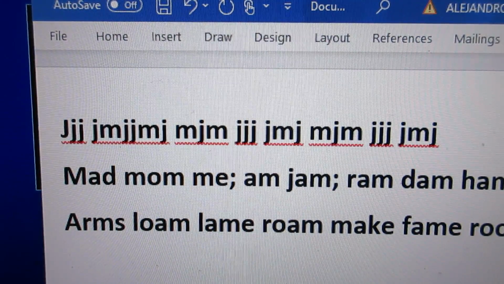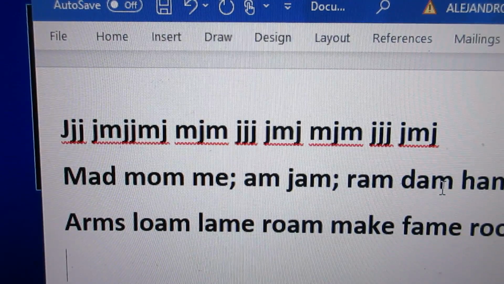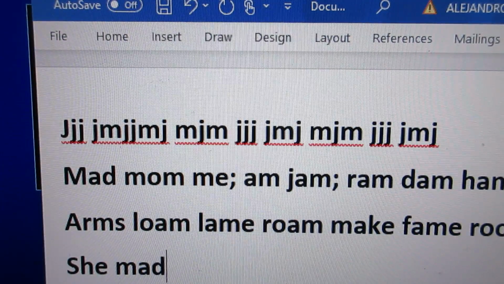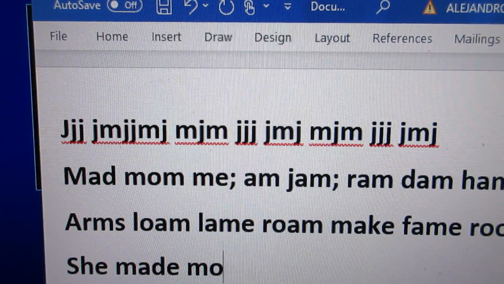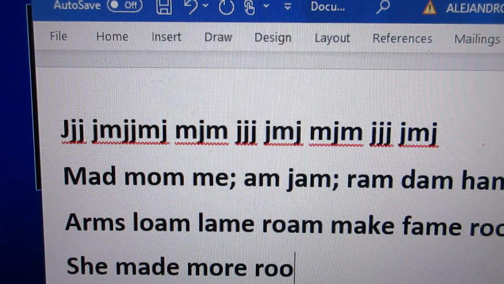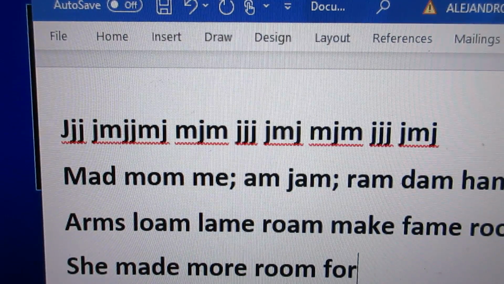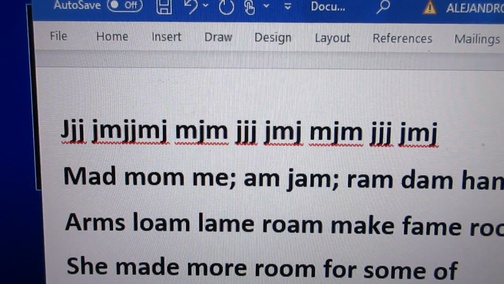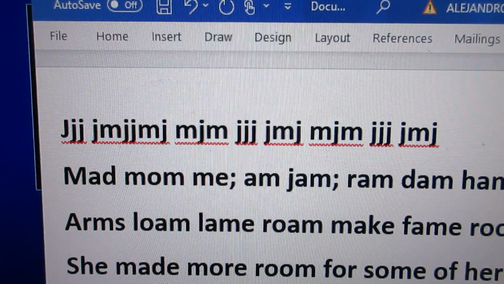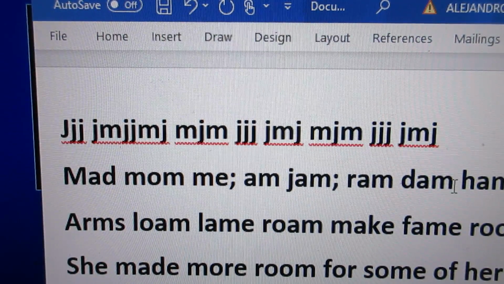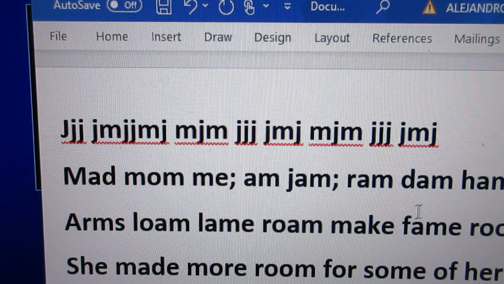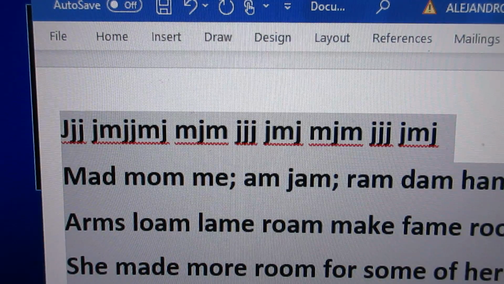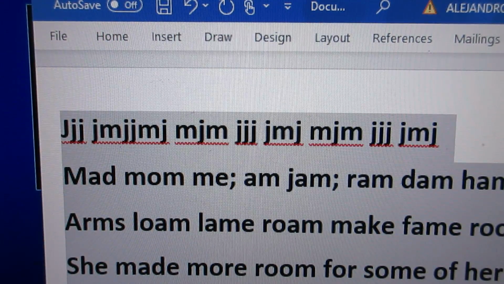Okay, next is she made more room for some of her ham, semicolon. Okay, so type all of this like 2 times or 3 times. Okay,